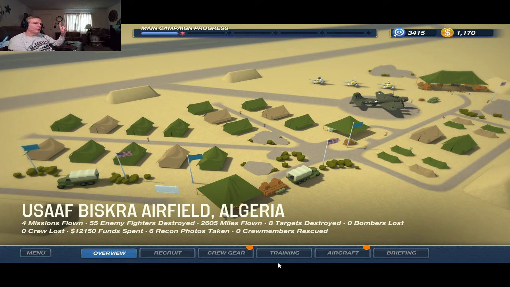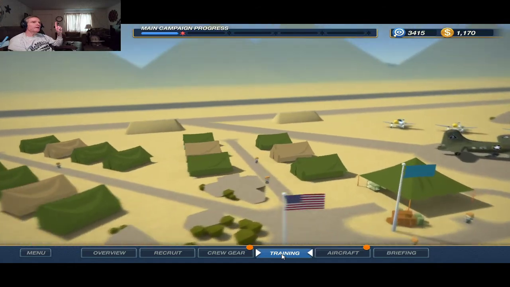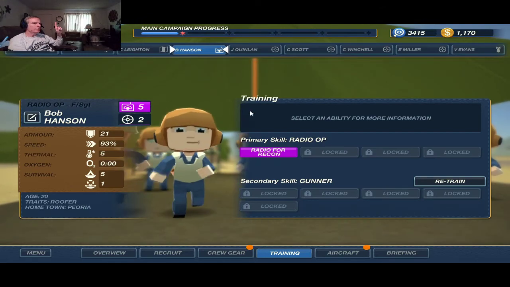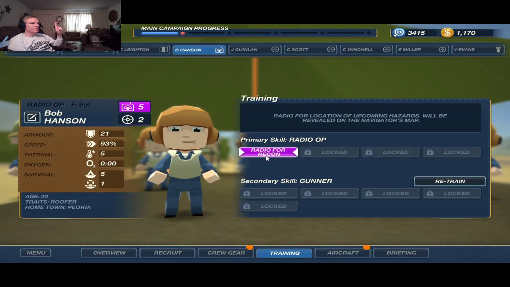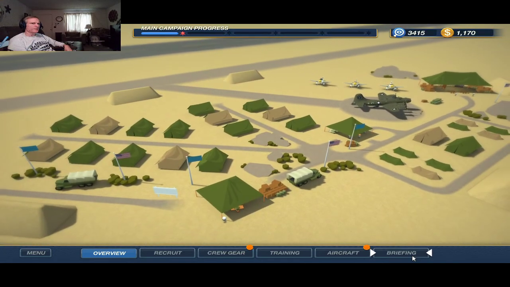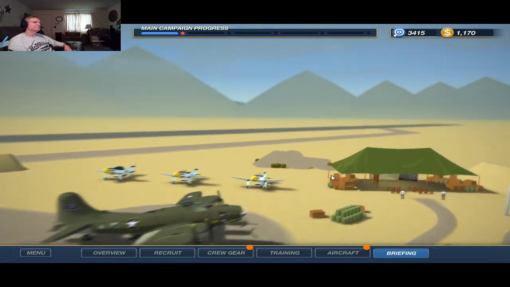One thing I want to show you, if you're curious about what training level your crew is, just simply go to training, pick out a crew member, and these are the abilities that he has unlocked, and these are the abilities that he has not unlocked. So basically, we're looking for auto tag next, and then call Mustangs is this ability here. So the next one is auto tag for the radio operator. So anyway, we'll head into the briefing, pick out our next target, which will be Monserrato, which is our